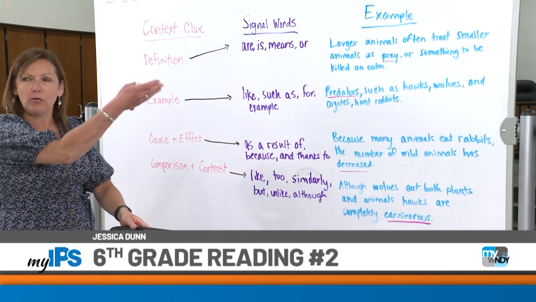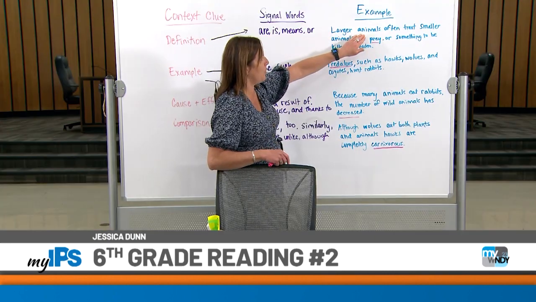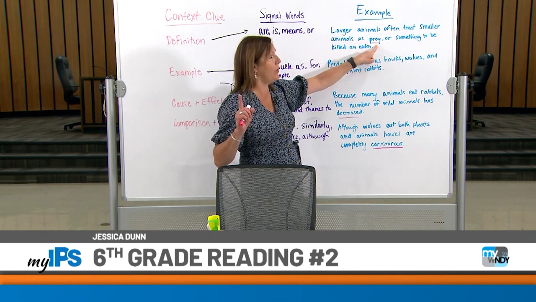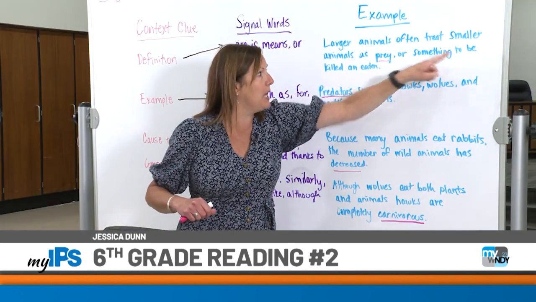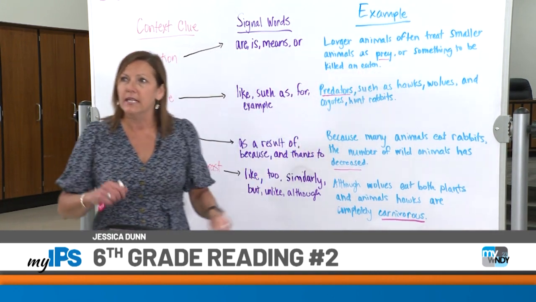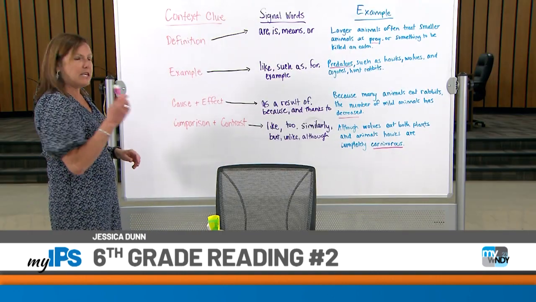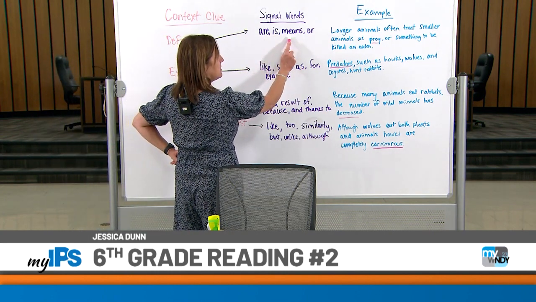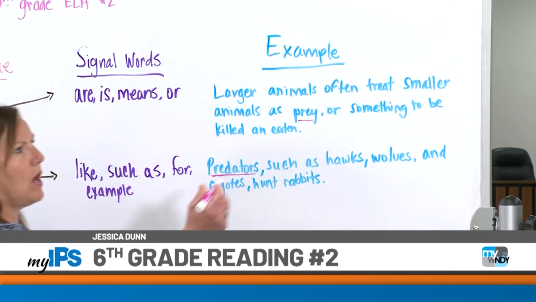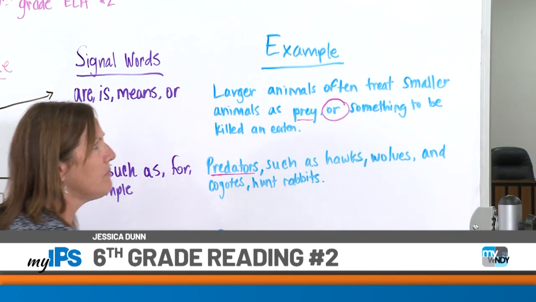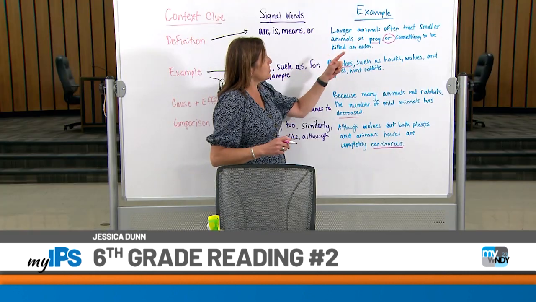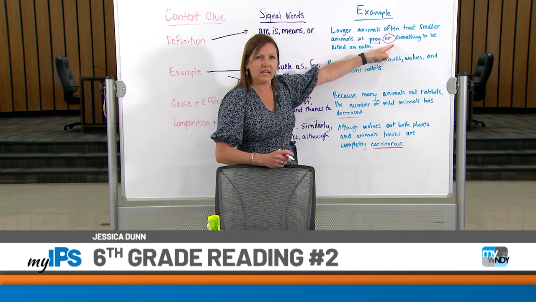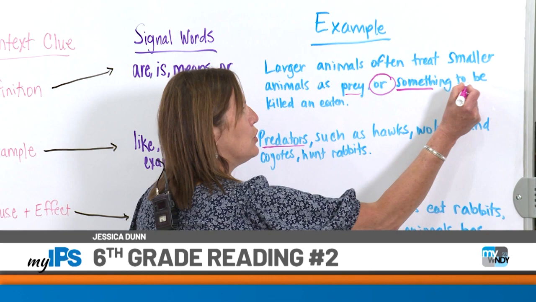So right now I'm going to read the example. Larger animals often treat smaller animals as prey, remember this is the word we don't know, or something to be killed or eaten. Now, let me see. I said there was a signal word here. Is it are? Nope. Is, means, or. I see this word or. So I'm going to circle the word or right here. So larger animals often treat smaller animals as prey, or, looks like I have my definition here, something to be